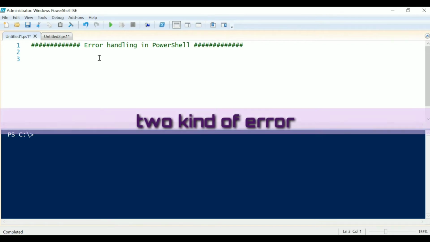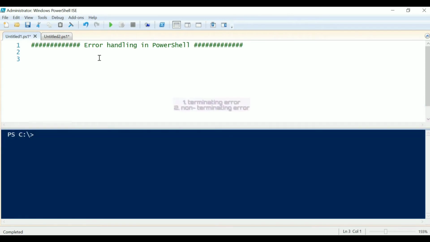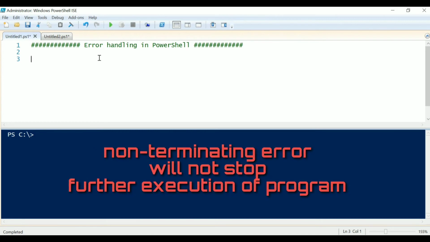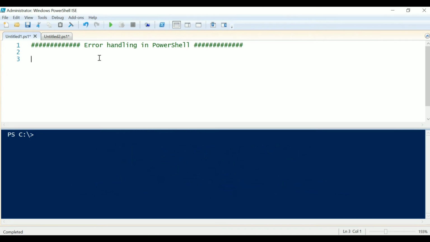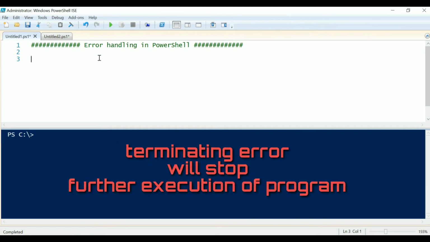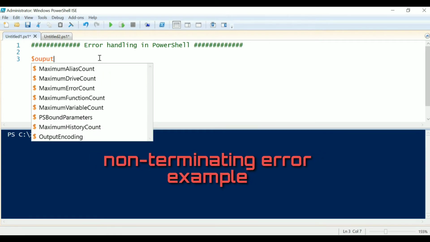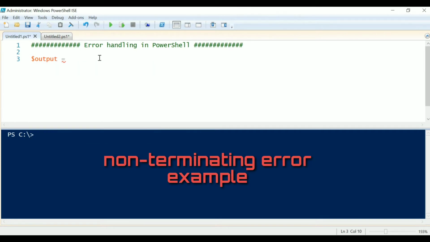So in PowerShell, we have two kinds of errors, terminating and non-terminating. As the name implies, a non-terminating error will not stop further execution of your program, while terminating errors will stop the execution. So if I create one variable here and name it output, and assign some value like 10 divided by 0.